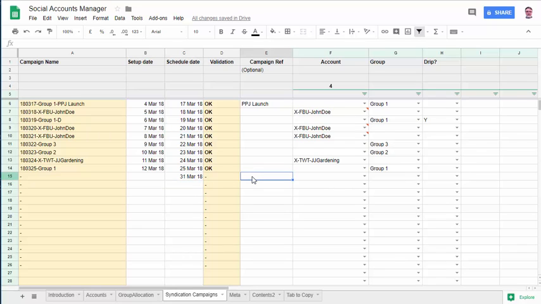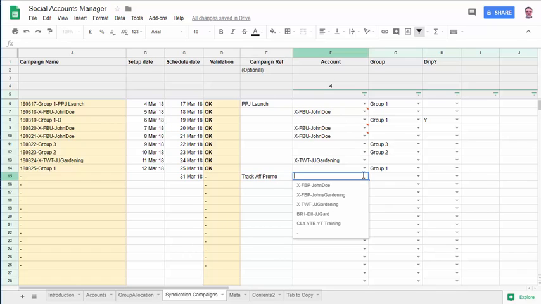I can give a particular reference to the campaign, so I might say this is to do with, I don't know, some track AF promo, some affiliate thing that I'm promoting, and then I can select which account